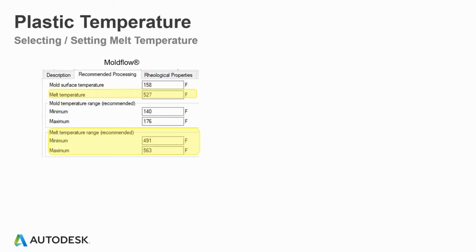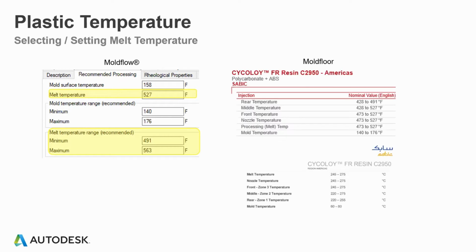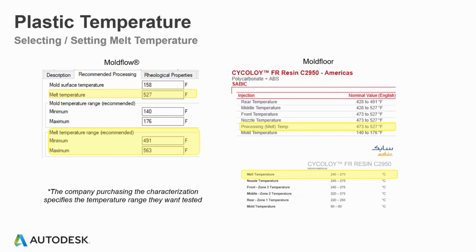So we would caution people to compare this against material manufacturers' data sheets. If we do that and pull up this specific material, you'll see that the default temperature, the one that would get fed into the process settings unless the analyst would overwrite it, of 527 is actually at the very top end of the processing range, which isn't something I'm likely going to want to start at. What we learned when we took over the material characterization lab a few years ago is